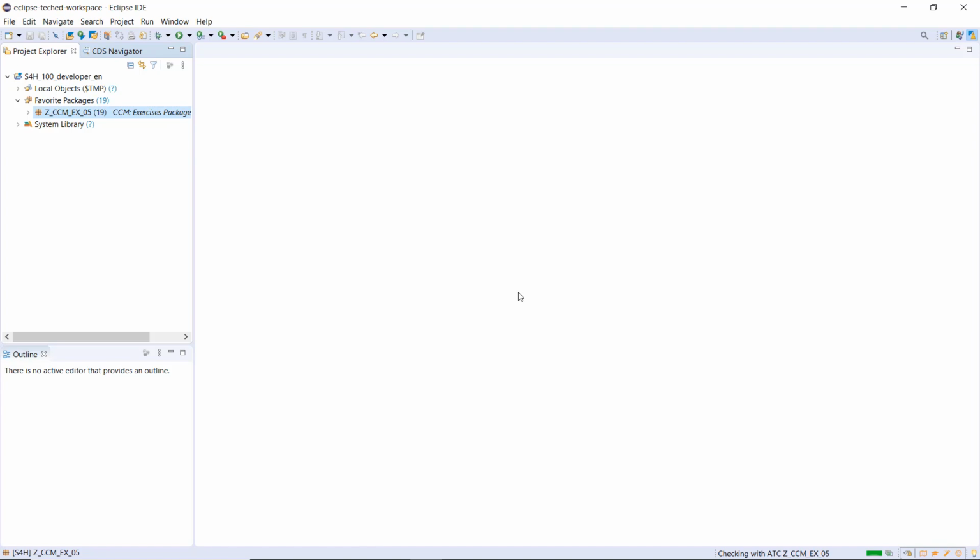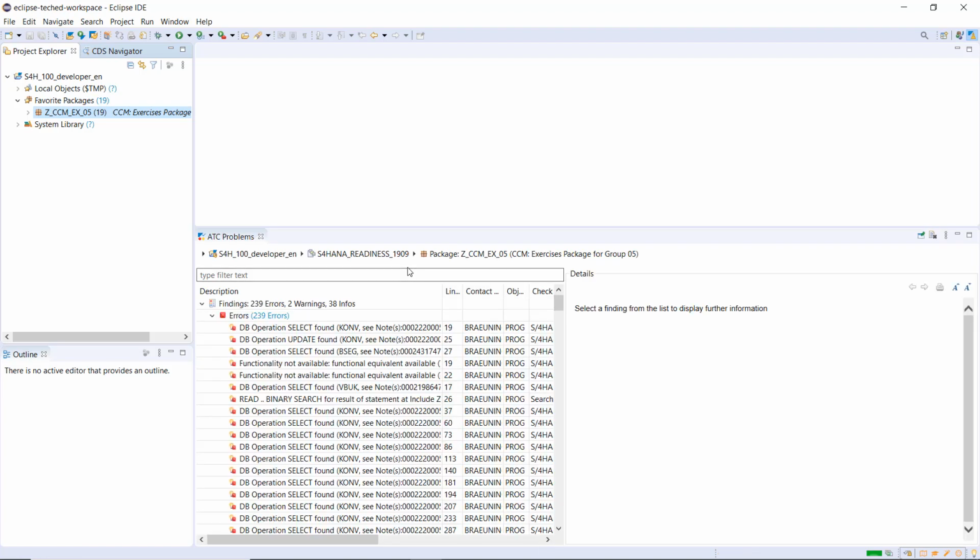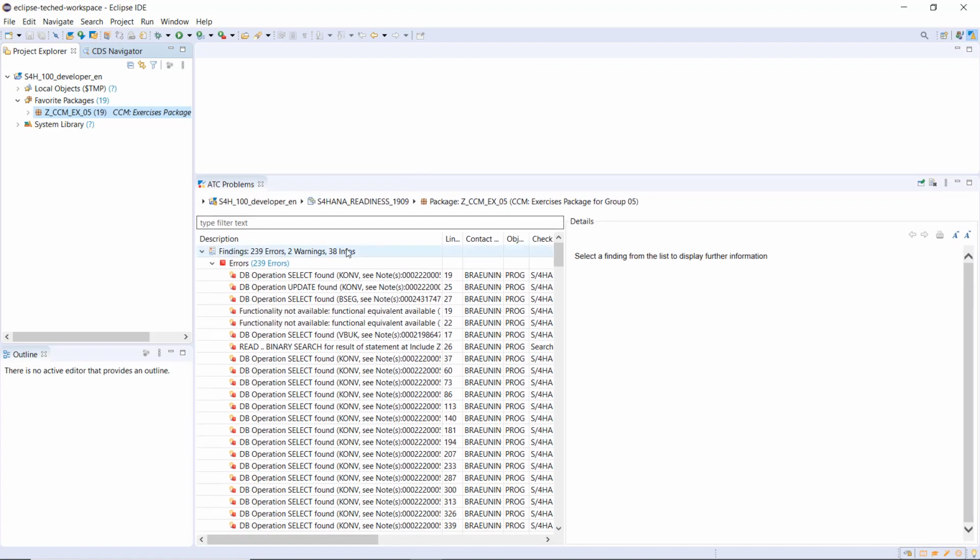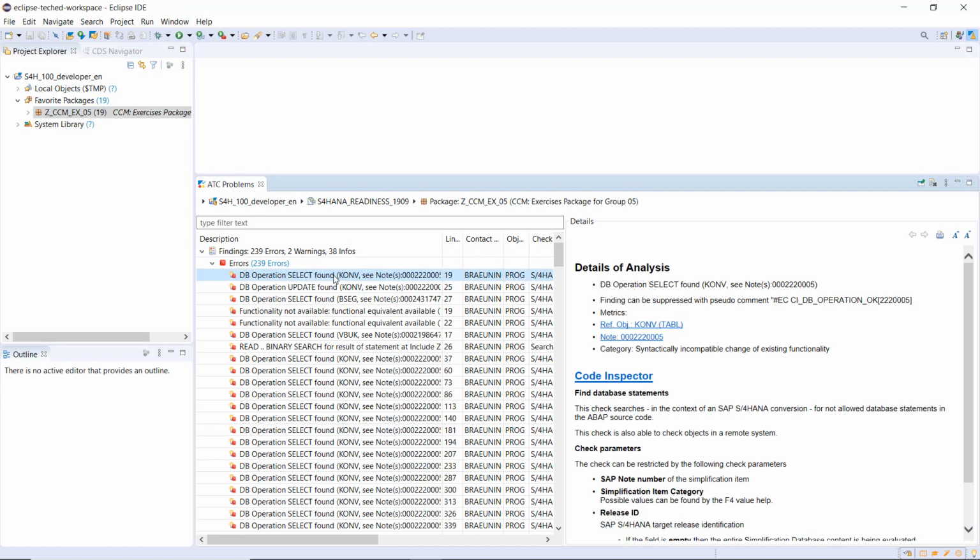And ABAP Test Cockpit will start its execution and will check my custom code objects in this package for S/4HANA readiness. As a result, I will get a list with corresponding findings. And for each and every ABAP Test Cockpit finding, you can just click on it and see the details of analysis. For example, what is the problem here in this corresponding custom code object,